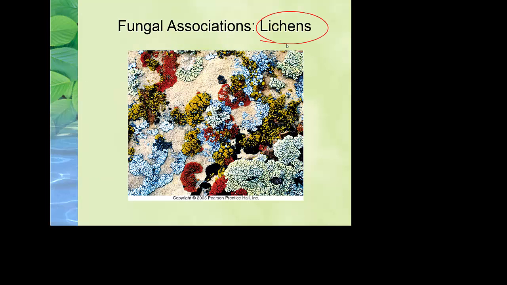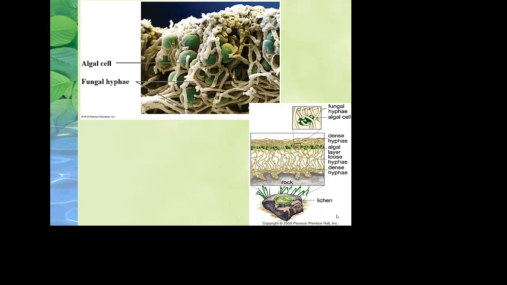So lichens are actually an association of a fungus and an algae. Algae photosynthesize, right? And fungus decompose. So you put them together and you have a terrific relationship. So the fungus are literally going to cradle the algae and hold them up into the air. Why would they do that? Why would the fungus hold this algae up into the air?